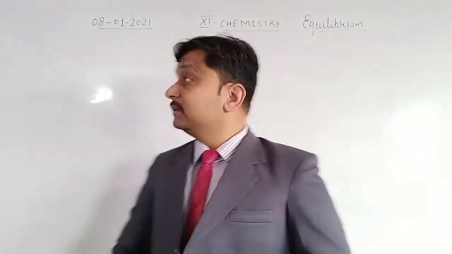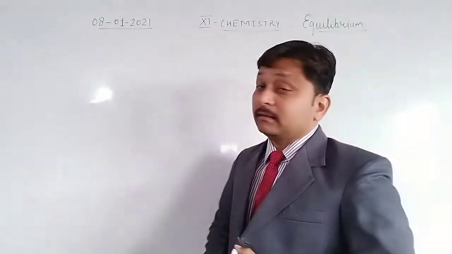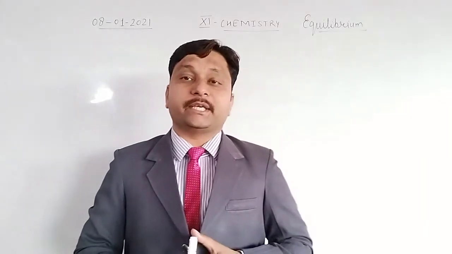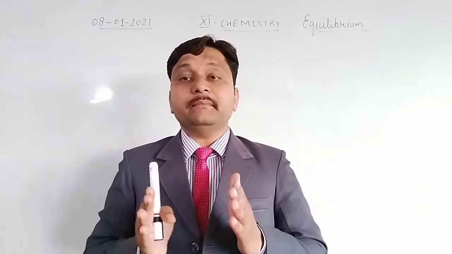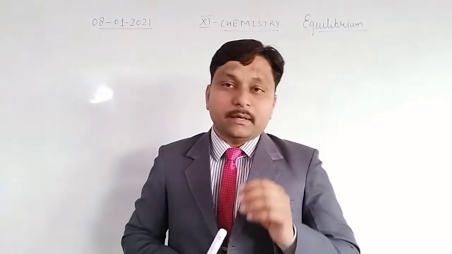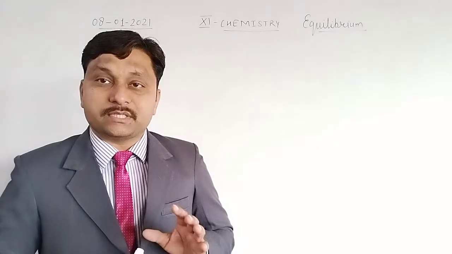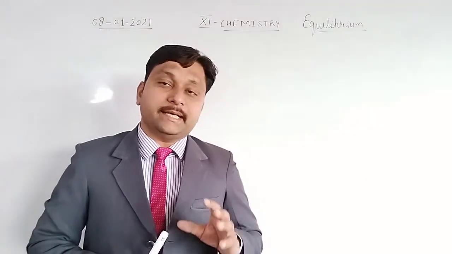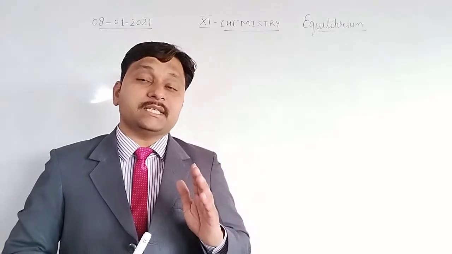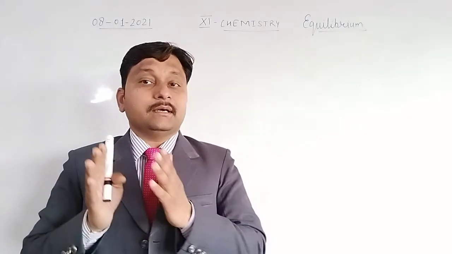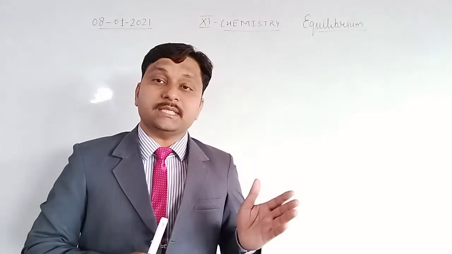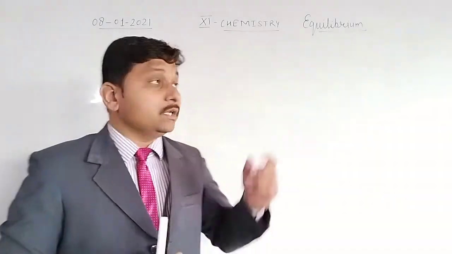So today, on 8th of Jan, for class 11th chemistry we have the new chapter, that is equilibrium. Equilibrium correlates with the first book of the chemistry. Actually there are two types of chemical reactions. One chemical reaction is represented by both the sides, that is known as the reversible reactions. But a number of reactions are represented by the single-headed arrow, that is known as irreversible reactions.